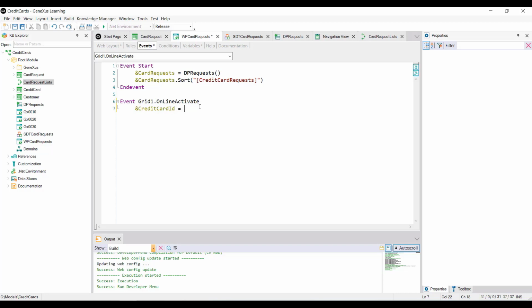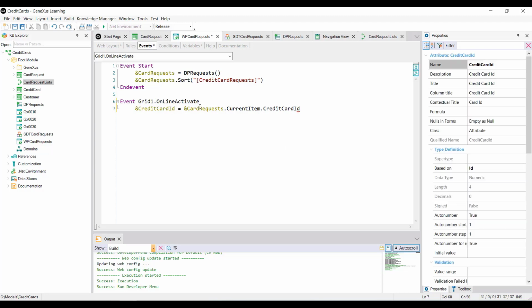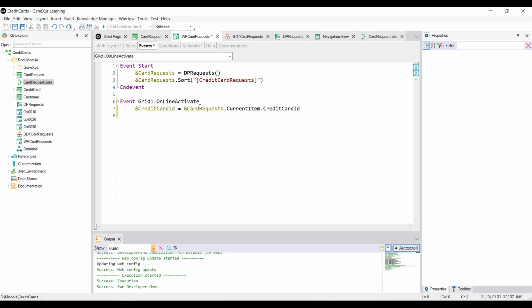And we're going to assign to the collection variable card requests period current item period credit card ID to obtain in this way the ID of the card selected in the line.